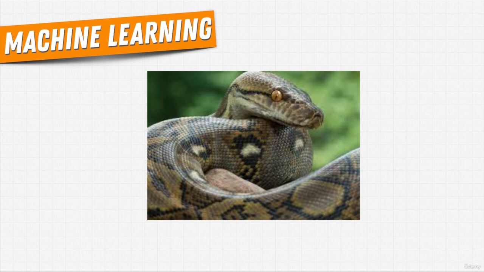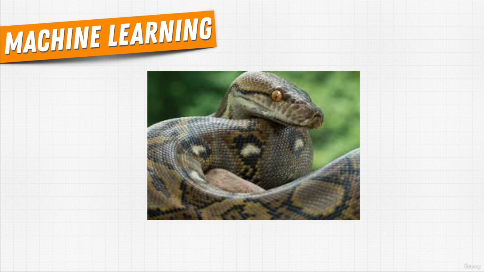If I ask my computer, hey, is this a snake? Is this a python? My computer is going to have no idea what I'm talking about. When I look at an image of a snake, no matter what color it is, no matter whether it's a cartoon or a real-life image, or whether it has different directions with different animals in it, I can identify a snake right away. Our brains just know. But to tell my computer what a snake is